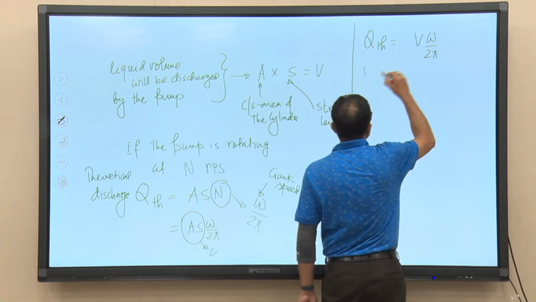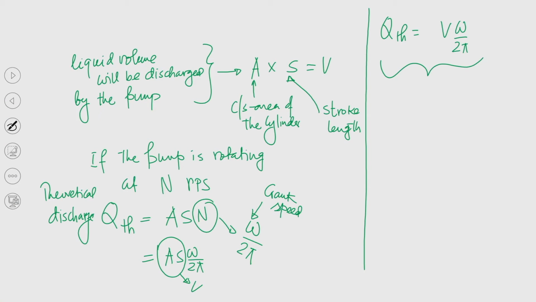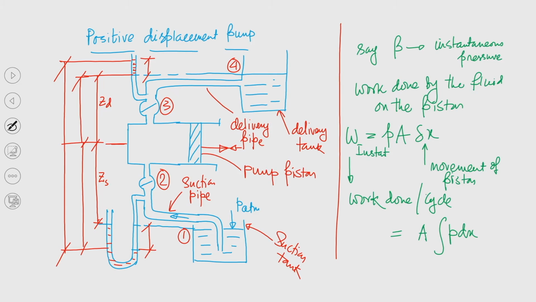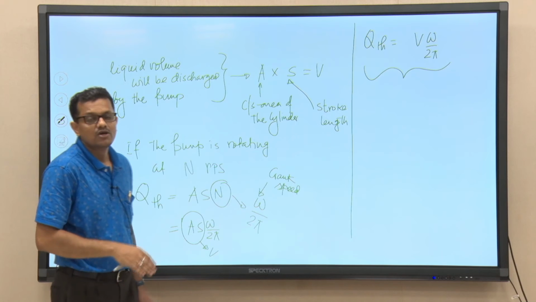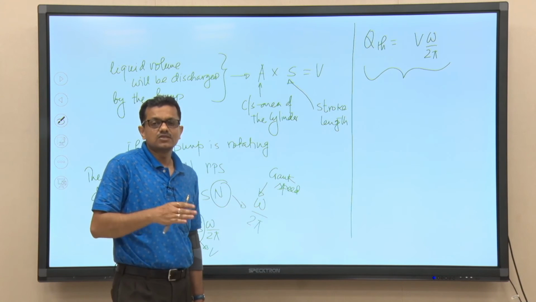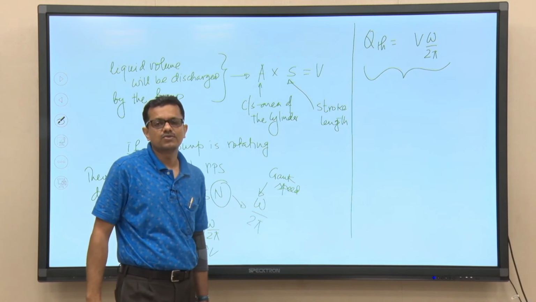What is most important is that, see, the amount of liquid that will be delivered by the pump, does it depend on the pressure of the system in which the pump is working? So, this is very important. See, here this is the system, right, this is the pumping system, and now the expression that we have derived till now, that is V omega by 2 pi. In this expression we can clearly see that this expression is not having any component which is related to pressure.